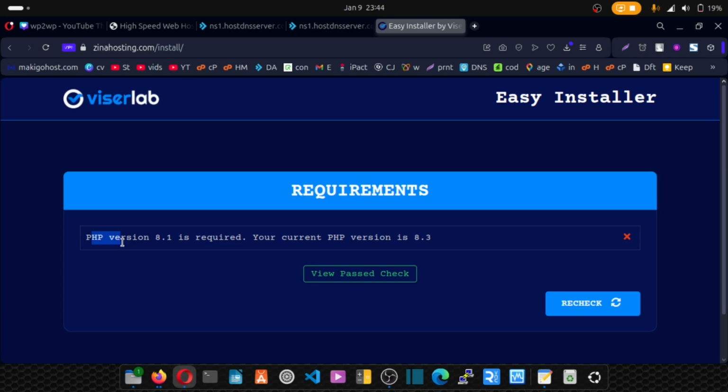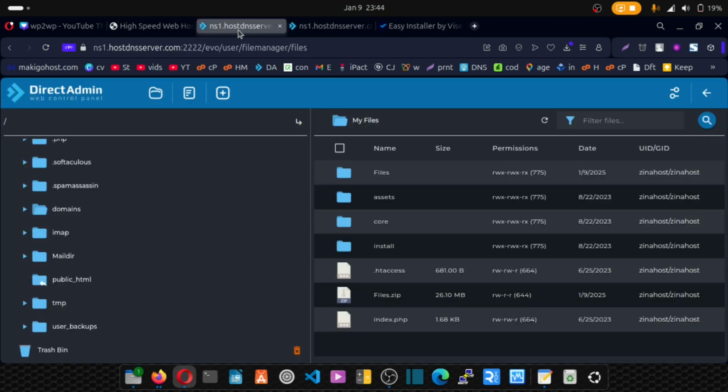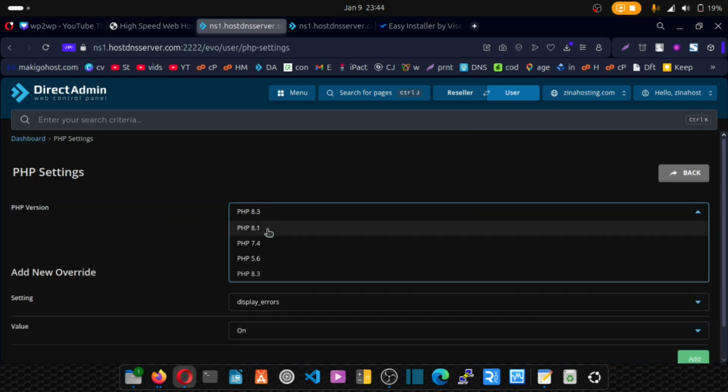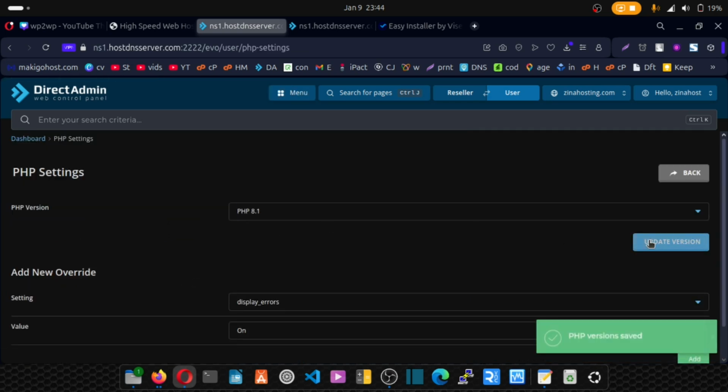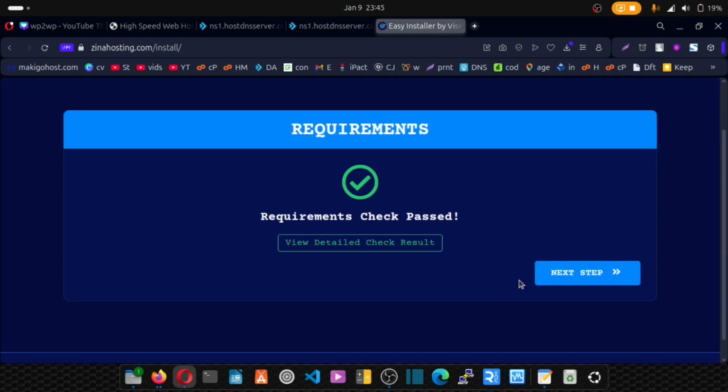and PHP version 8.1 is required and we are using 8.3, so let's switch our version back to 8.1. So I'll take you here and click on PHP settings and then go to 8.1 and click on update. Let's go back to this page and recheck. All right, so we bypass that. Now next step,